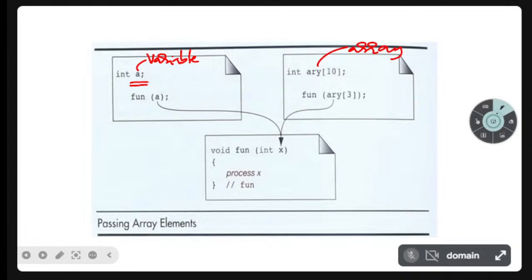Not the same diagram, we'll understand easily. Int a, some statement, function of a, int array of 10, function of array of 3. Array of 3 means fourth element, right? Third index means